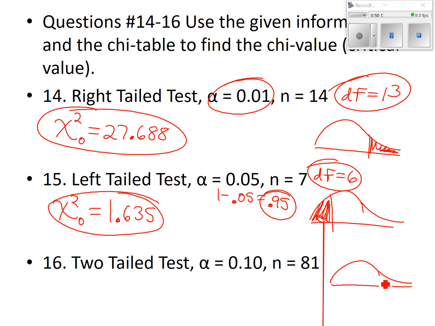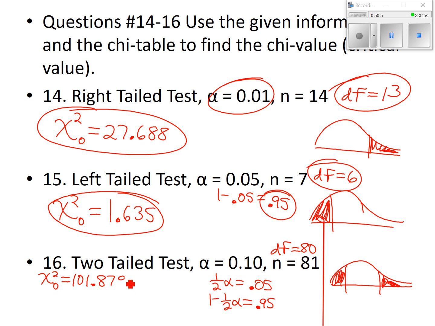Two-tailed, it's going to be this part and this part. Our DF, what's our DF this time? 80. And now we do half of alpha. What's half of alpha? 0.05. And then we want 1 minus half of alpha, which is, if you've got a nickel, how far short of $1 are you? 0.95. They always have to add up to one whole. So the first one should be 101.879. 101.879. And then the other one,